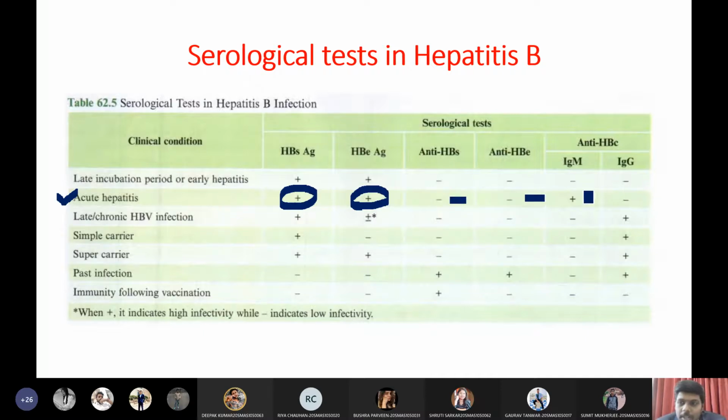But can my body produce core IgM antibodies in acute infection? It's possible. Yes, sir. So that is why core IgM antibodies will be positive, and core IgG antibodies are not yet developed. So these will be the markers. This will be the pattern of report when we are checking in case of acute hepatitis infection. In acute hepatitis infection, we can see like this.